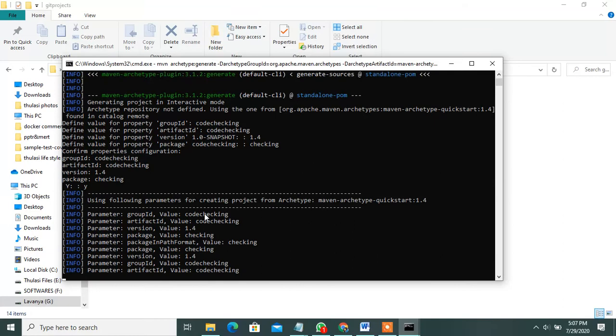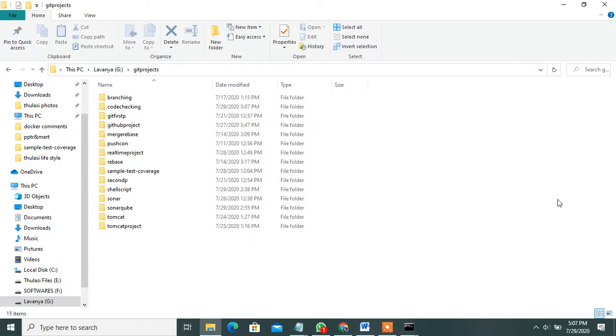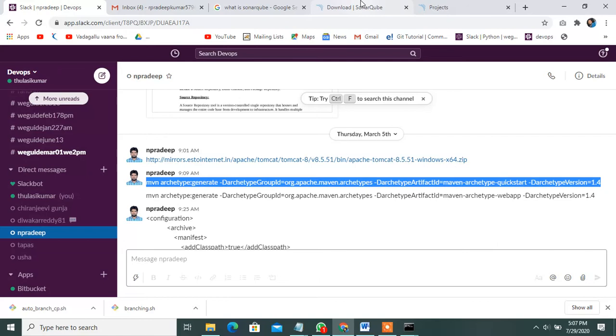Once you are done, as source you can mention here build is successful. Then install. My project name is code checking. You see here, once you install on the local machine, you can display the source and pom.xml. Once again I will show here the server is stopped.